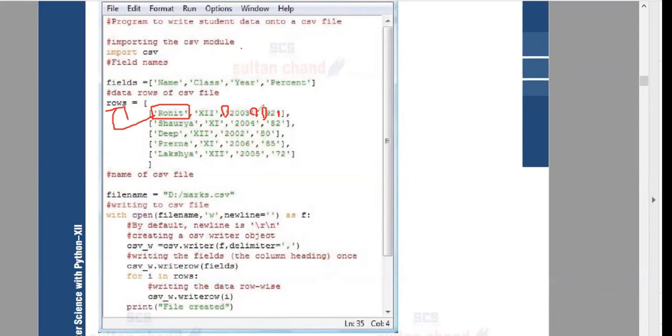If it is a string, you have to put it within the quotes. And whether you write it within the quotes or without the quotes, when we retrieve the data from the CSV file, it will be retrieved as a string only. Whatever content you store inside the CSV file and retrieve, it will be returned as a string by default. You have to convert it into a specific format to do some manipulations. For example, if you want to add the marks, or find the greatest of the marks, you want to convert it into integer format and do the manipulation. But in the case of a string, you can have it as such.